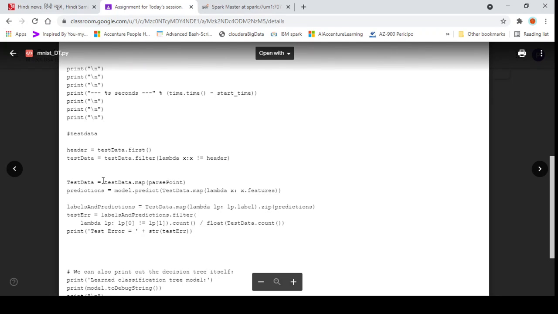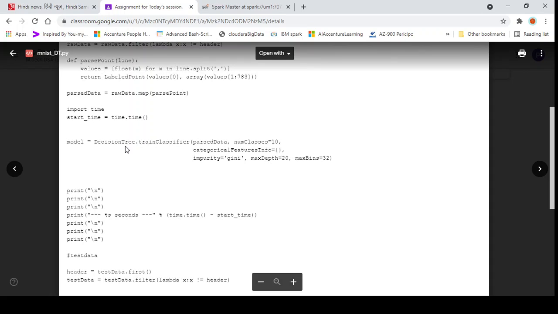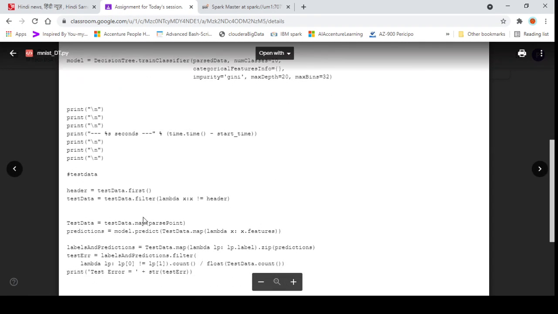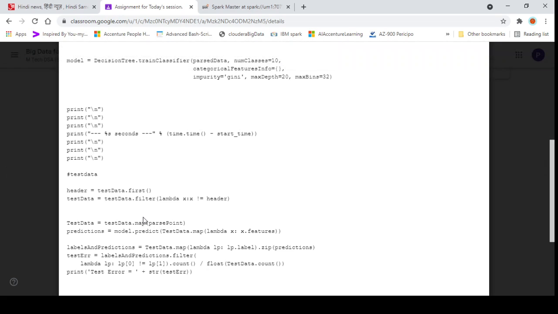Once the header is removed, similarly to what we did in raw data, where the parsePoint function took each and every line of the raw data as input and returned a key-value pair, here also this parsePoint function will take the input from the test data, and it will return a key-value pair in which the key will contain the label and the value will contain an array of features.